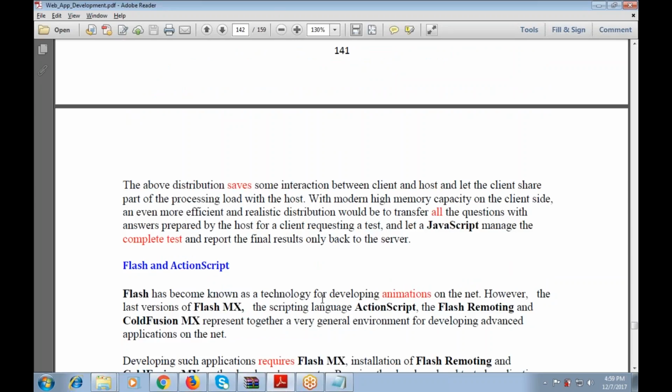So these are used as JavaScript, these are used as a complete test that will report back to the server, back to the main. And Flash has also become known as a technology for developing